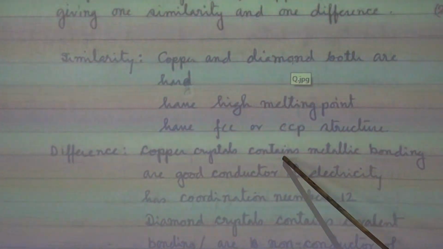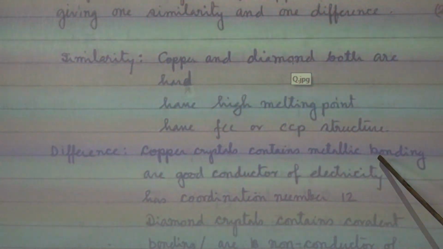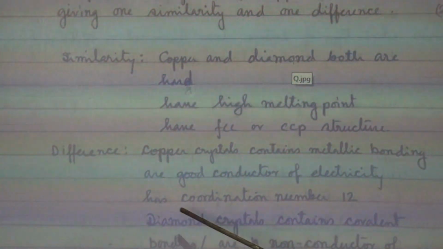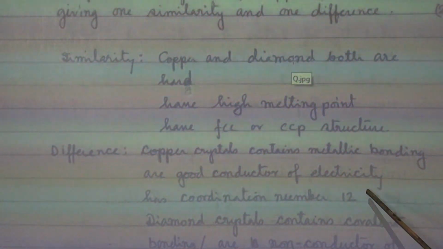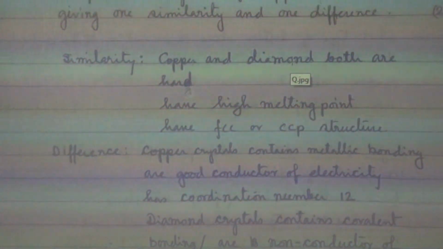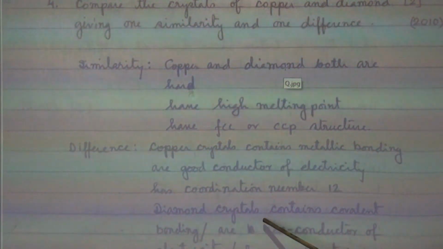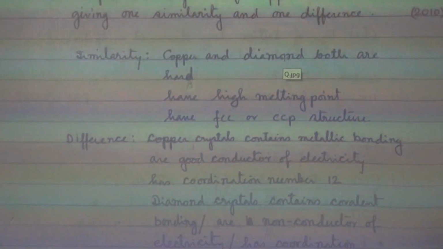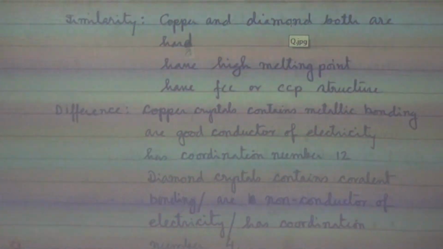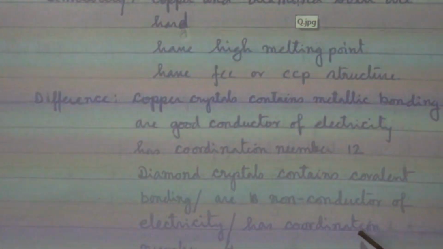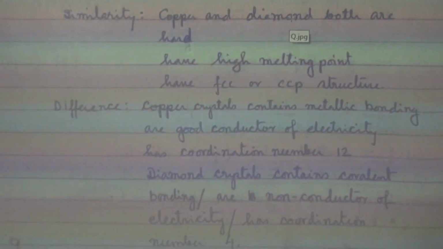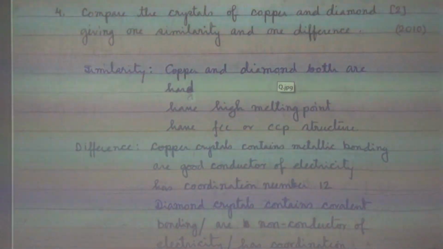Copper crystals contain metallic bonding, are good conductors of electricity, and have coordination number 12. How 12? I have explained using the diagram. On the other hand, diamond crystals contain covalent bonding, are non-conductors of electricity, and have coordination number 4. Yes, these are the common type of question we normally get during